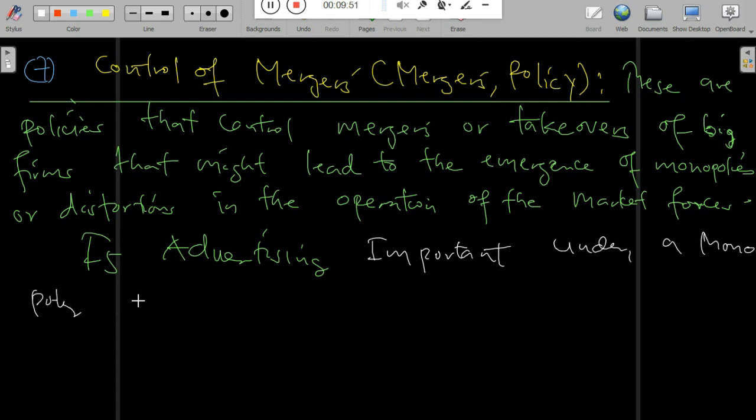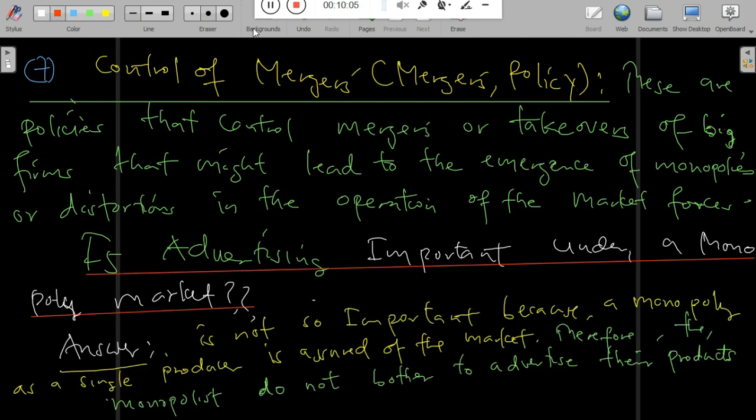Let's ask ourselves now, is advertising important under a monopoly market? The answer is that it is not so important, because a monopoly as a single producer is assured of the market. Therefore, the monopolists do not bother to advertise the product. So the answer